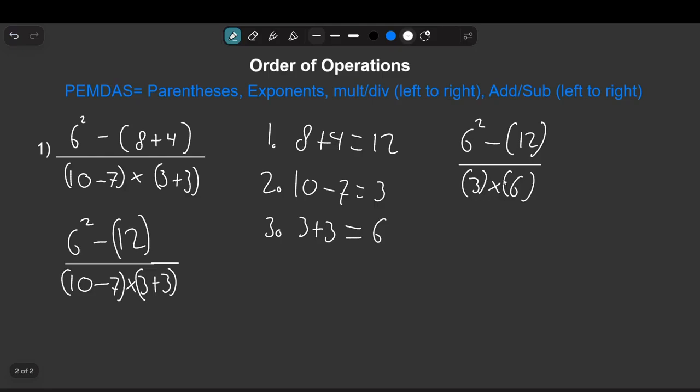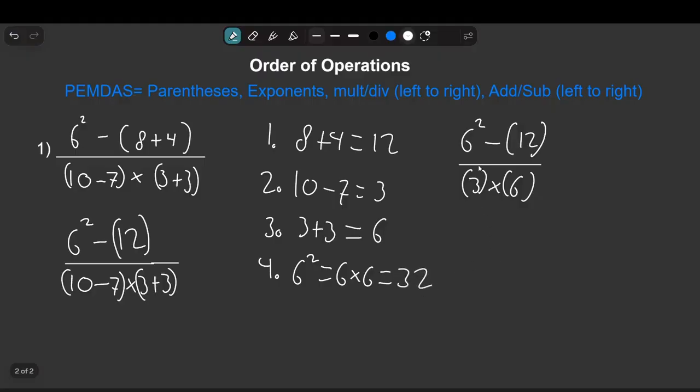Now we have solved the inside of the parentheses, we go over to the next step, which is exponents. Do we have an exponent in our problem? And yes, we do. We have a 6 squared, or 6 with the exponent of 2. So our fourth step will be 6 squared, or 6 times 6, because 6 squared means 6 times 6, which will equal